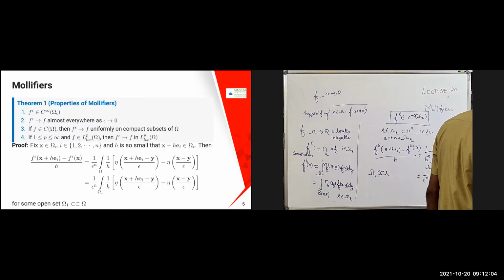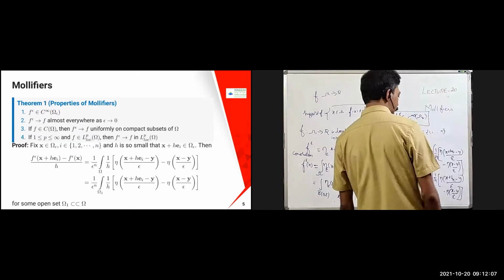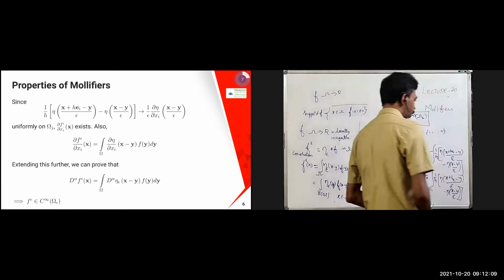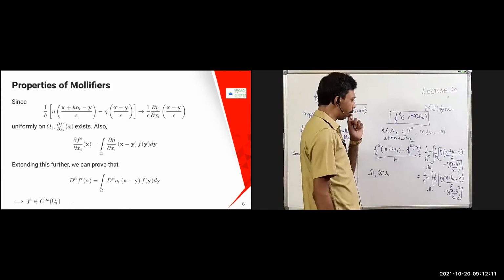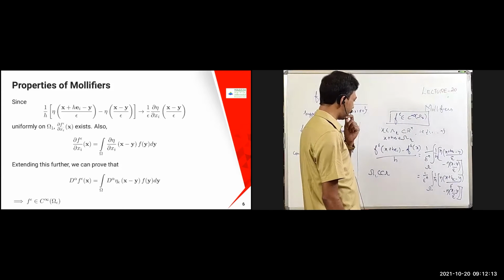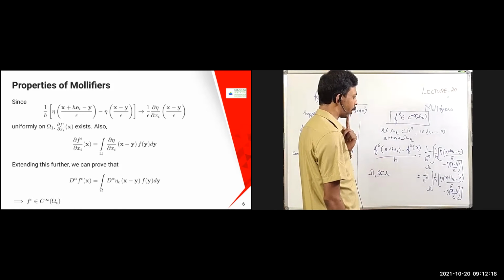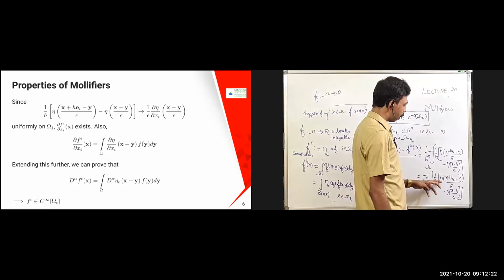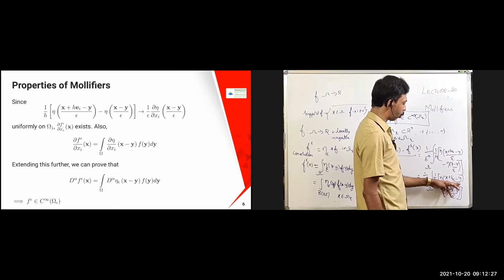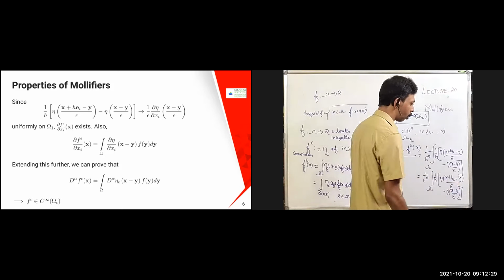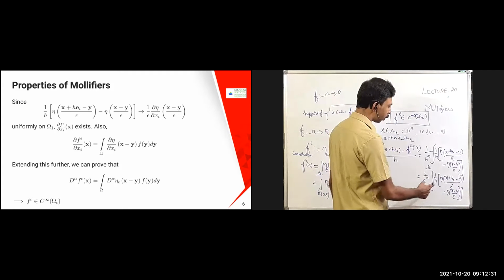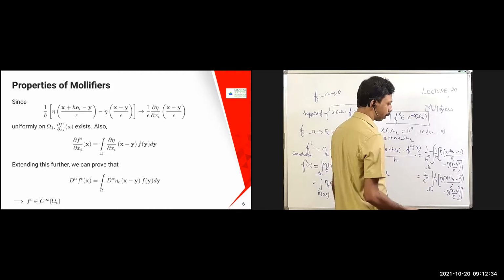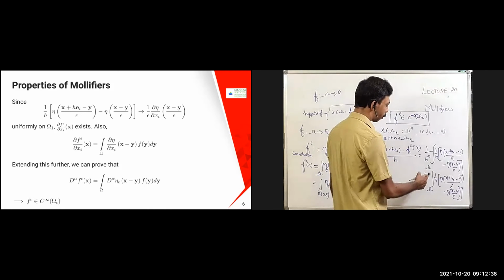So what we have to prove is this one. What we need to prove is that I'm just going to take the derivative. If I allow k tends to 0, this is going to become the derivative. So 1 by epsilon, you are going to get this one. I just apply that eta of x minus y, and so on. So epsilon power n is going to come.